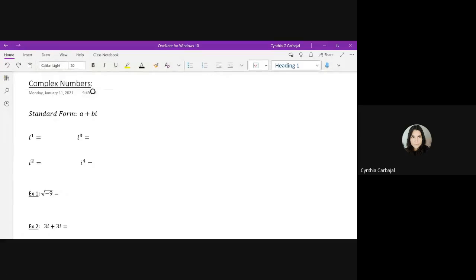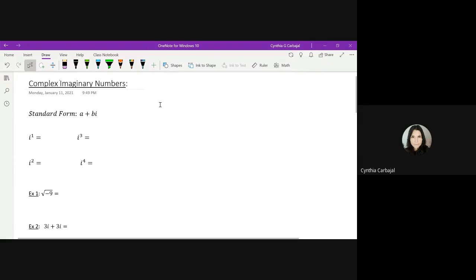Alright guys, today we're going to be talking about complex numbers, also called imaginary complex numbers. I'm not sure which one comes first. Alright guys, so if you remember from yesterday, i to the first power, or just regular i,